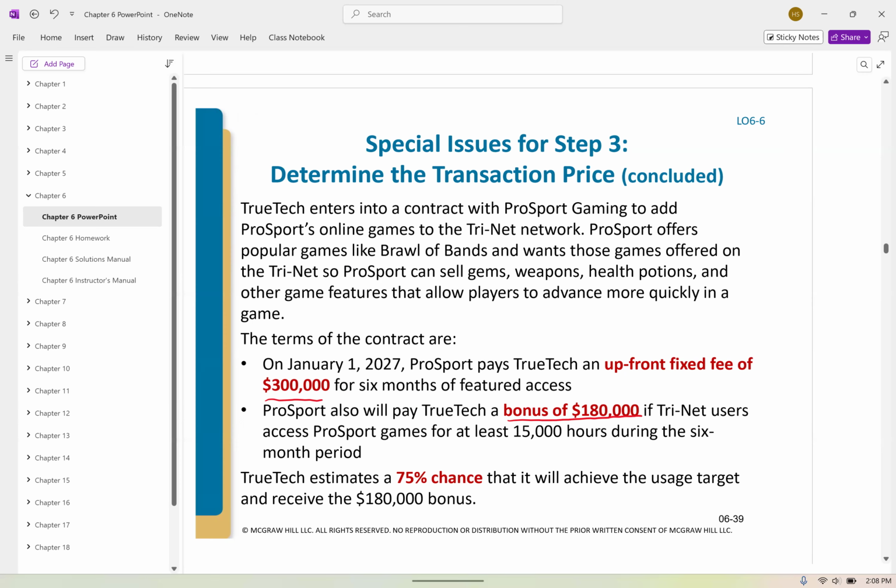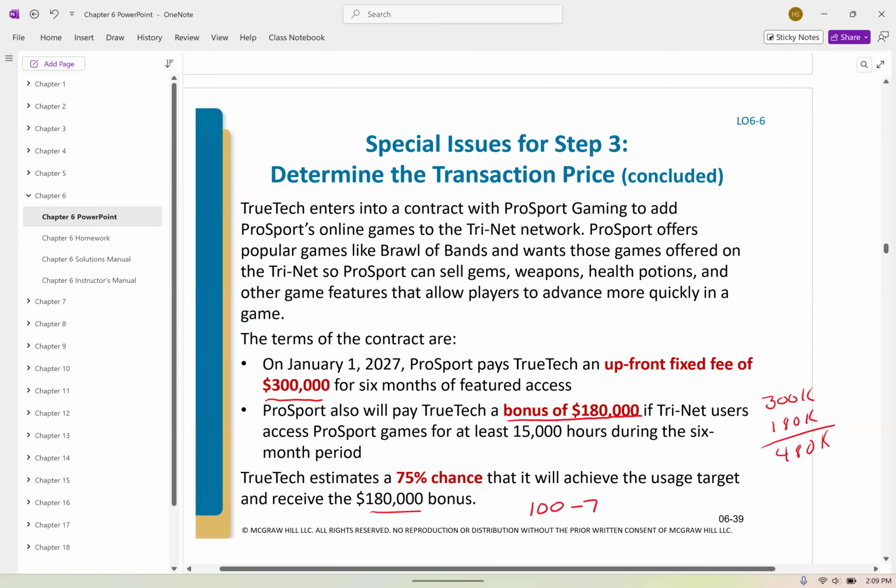So we have the possibility of making 300,000, and then the possibility of 480,000. Okay. So they tell us that there's a 75% chance that it will achieve the usage target of 180,000. Okay. So just mathematically, if we take the 75 away from 100% chance,